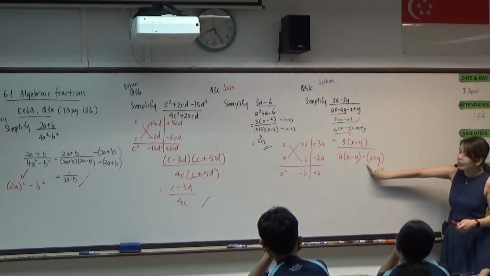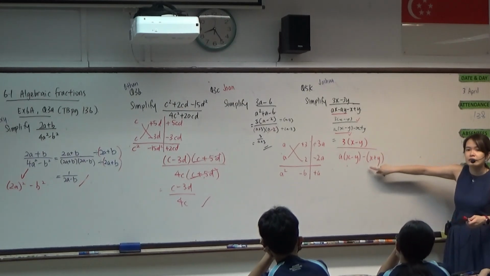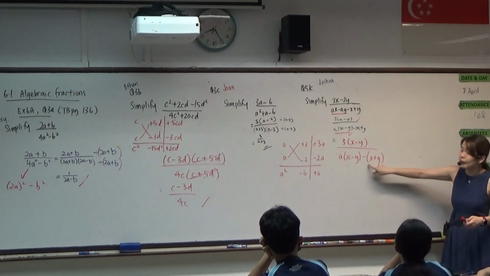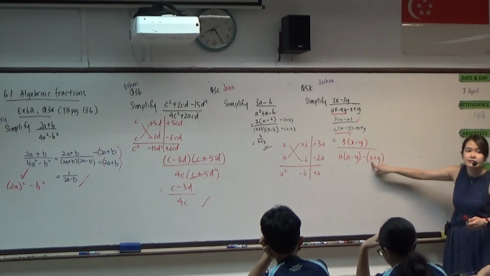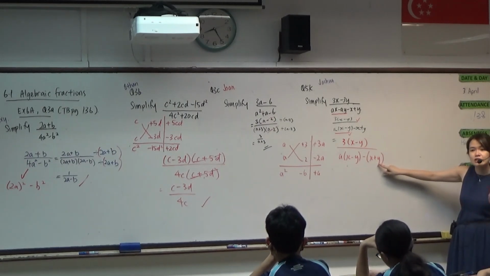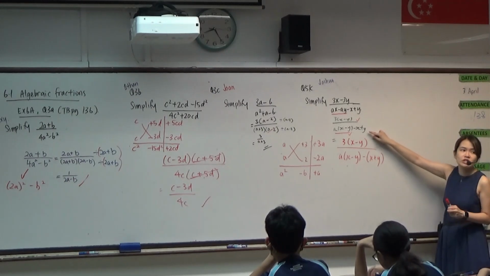Can I put brackets over here to make it the same? No, right? Because if I open up the brackets, the minus sign will affect x, the minus sign will also affect y. So when I open up the brackets, essentially it becomes minus x minus y, which is not equal to the original, which is minus